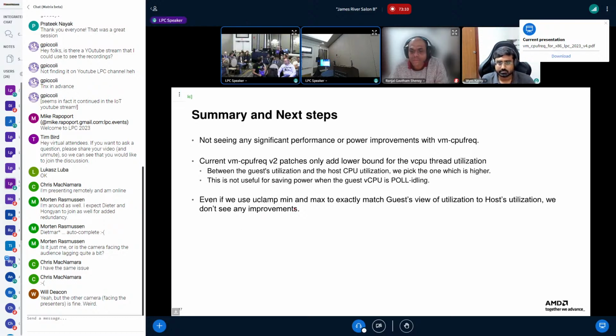So it's normal that it is increasing if you're doing some polling, because from a host point of view, you're not idle, you are running. You see the point? So you can't really screw up the host utilization just because it doesn't reflect correctly what's going on in the vCPU. You must find another solution, because this is then used in the CPU side to know how much of the compute capacity is used, how we can balance everything.